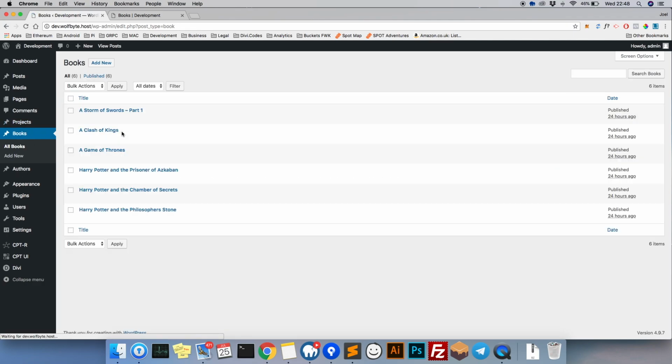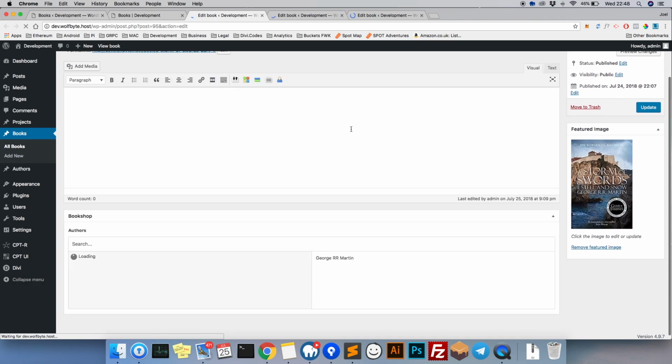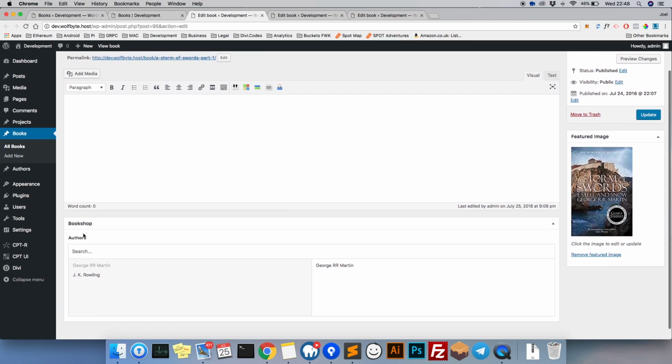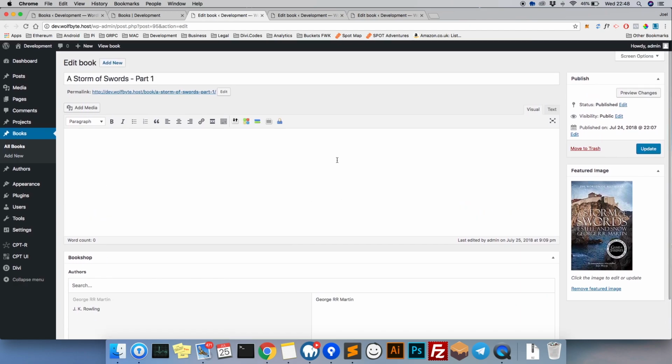Head over to the books and let's open all of these in a new tab. You can see the corresponding relationship was made for the book. So you can see the author is now selected. Bi-directional relationships basically